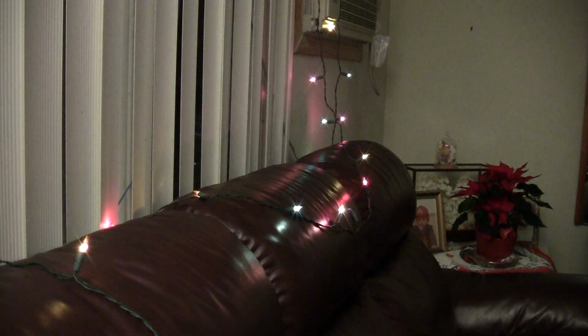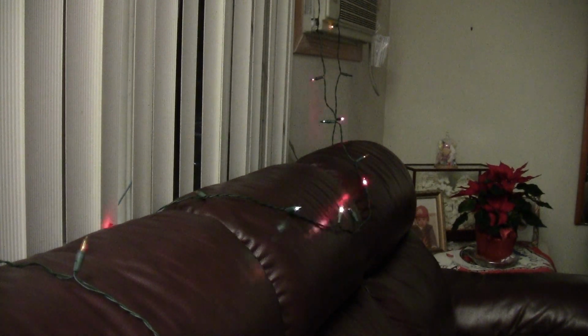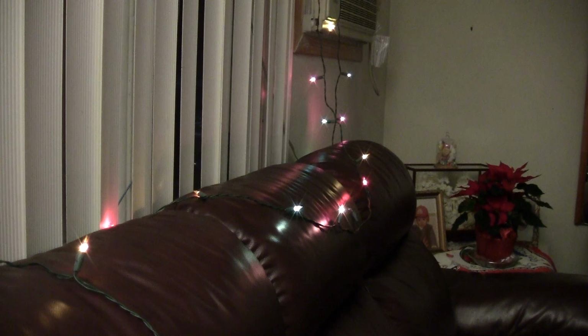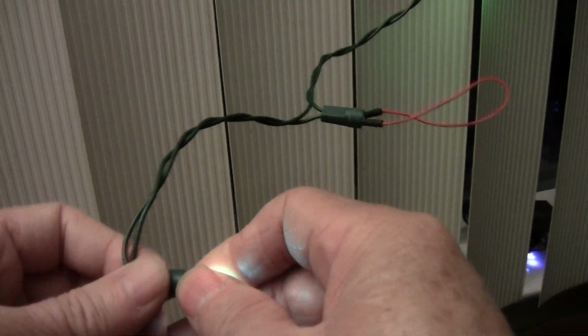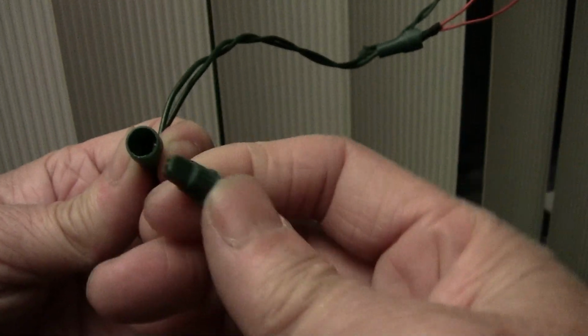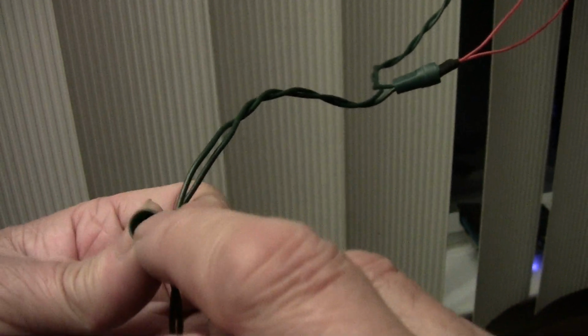intact. There's a little gadget that you can buy that you can make repairs to the shunt if the shunt goes bad. But if you don't want to spend the money, you can also use a piece of wire and stick both ends of the wires into the socket. Yeah, the bulb can be pulled out just like that, and then you put your jumper cable inside. There are two holes inside, so